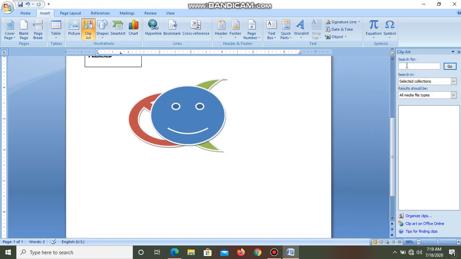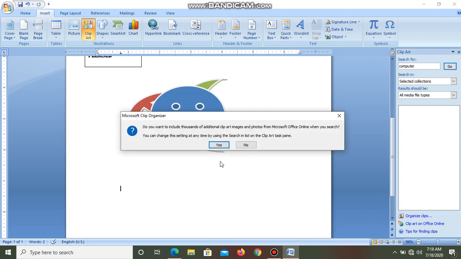When you click on this clip art button, a box will appear on the right hand side. Suppose you want to search for any image related to computer, type the required keyword here.